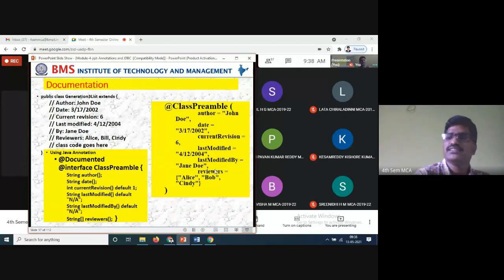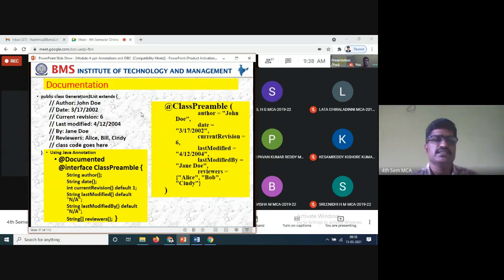Locations is required. Maybe 0th location, first location, second location. So these 3, 0, 1, 2 will be taken. So that is the 0 to n minus 1. These are the locations that will be taken. Assign it and we can print the values. So this is the small documentation, the way of defining